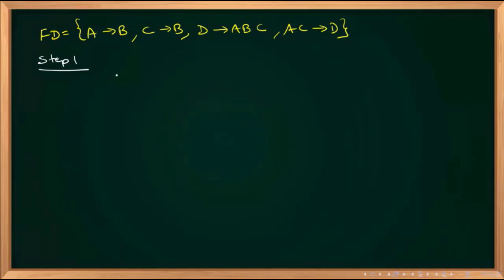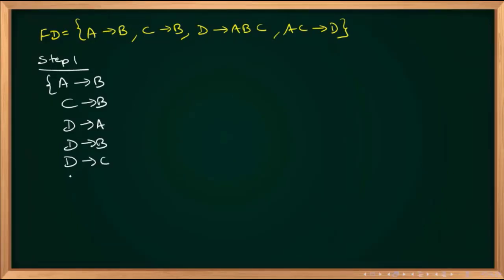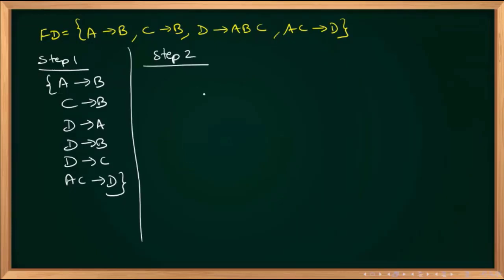Okay, we will do it. Okay, listen very carefully. Now you drop your pen and same as Vishnu. Sunny is using some logic over there. Okay, fine. We will do it. First step is decomposition rule. So A gives A to B. There is nothing to apply decomposition. A to B, C to B, D to A, D to B, D to C. Decomposition. Okay. Then AC to D. This is step 1. Apply decomposition rule. Step 2. Remove any unwanted attributes.